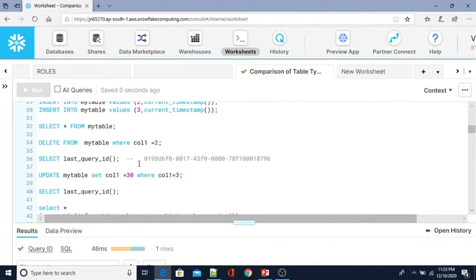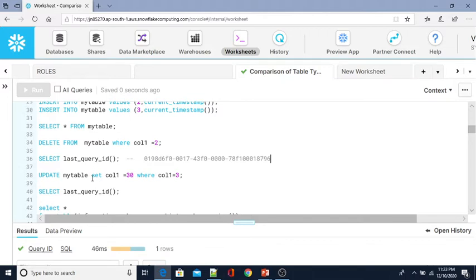So how do you get that ID? By using the LAST_QUERY_ID function, you can get the most recent query executed from the session. So here this is the value.